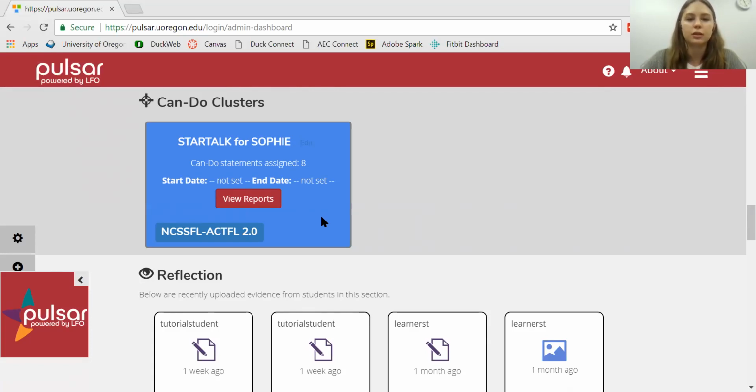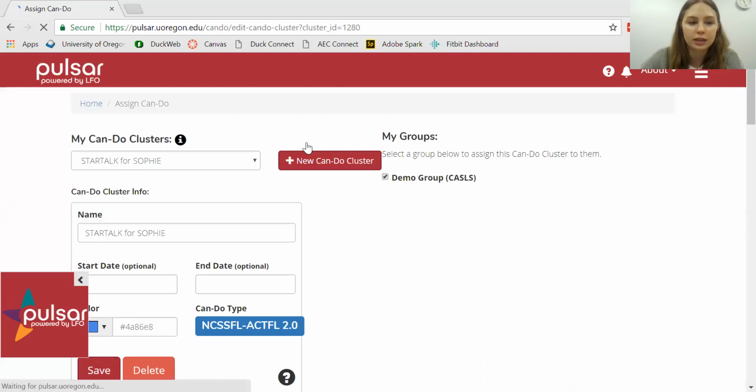It might be stuck somewhere along the process, or we can help you find out what's going on. If the program director has allowed teachers to make changes, then they can do so by clicking this little edit button here. If they don't have the ability to make changes, this button will not be there. And so if you click edit, it'll take you to this assign can do